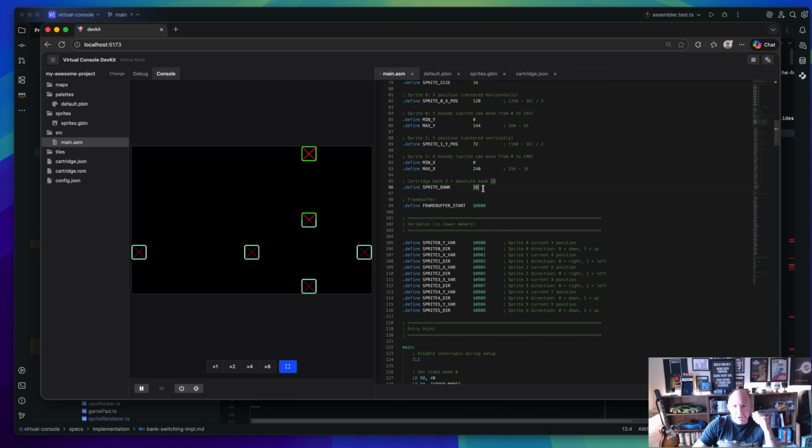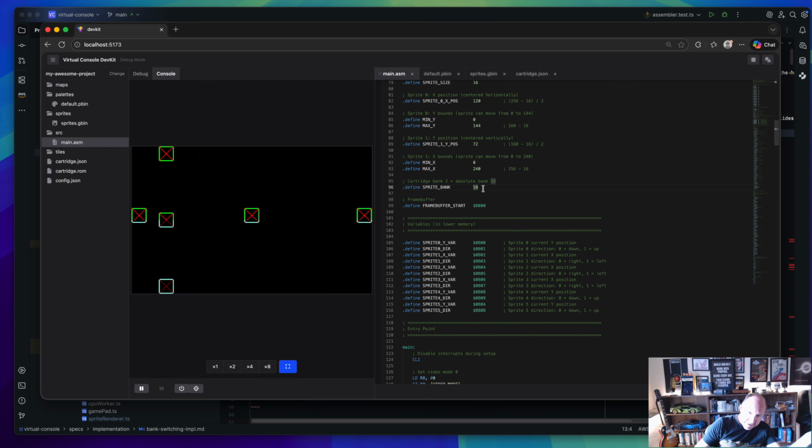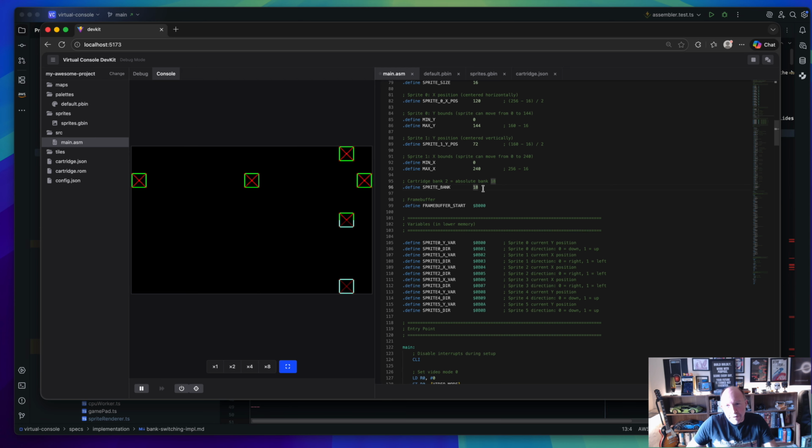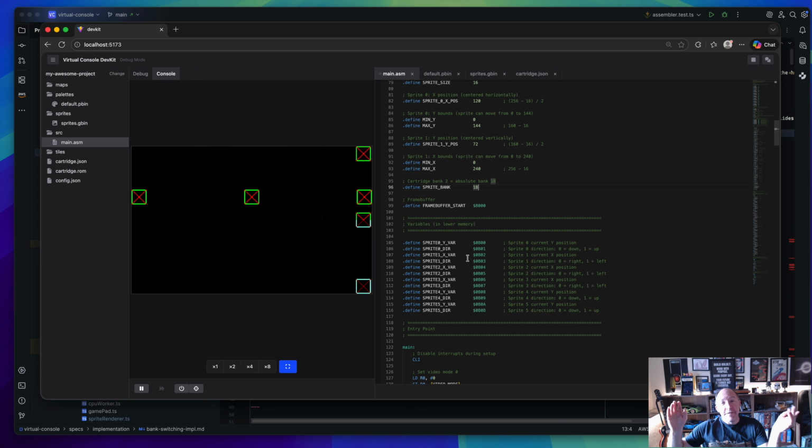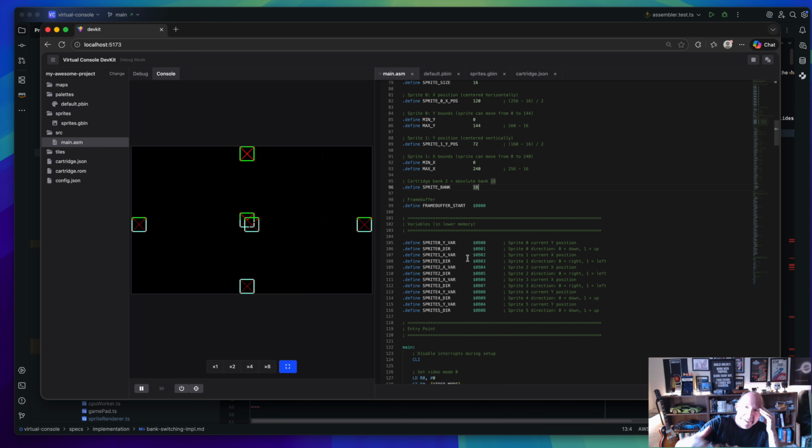So just something to bear in mind when you're writing code, the first 16 banks are essentially reserved, 4 banks of RAM, a bunch of reserved banks, and then the cartridge banks start, which means the cartridge can only have 256 minus 16 banks, 240 banks. But that'd be a lot of ROM. But the nice thing about doing it the way, I say nice. Yes, I'm so smart. The nice thing about how I've done it, the reason I did it this way,